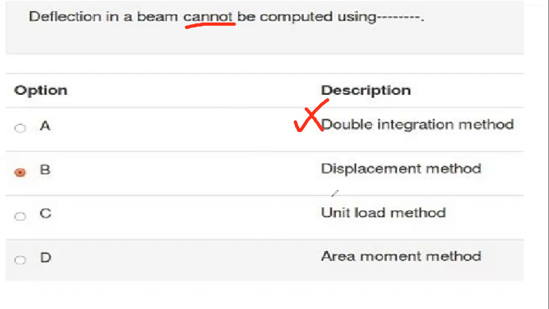Using the displacement method, meaning the slope deflection method or the matrix method, we get the value of deflection. So this is not the answer. Again, using the unit load method, we get the value of deflection. Third is the area movement method. This method we have not used to get the deflection. All the above 1, 2, 3 methods are used to get the deflection, whereas the area movement method is not used. We have used the moment area method to get the deflection, but they have written area movement method. So this we have not used to get the deflection. So the answer is option D.